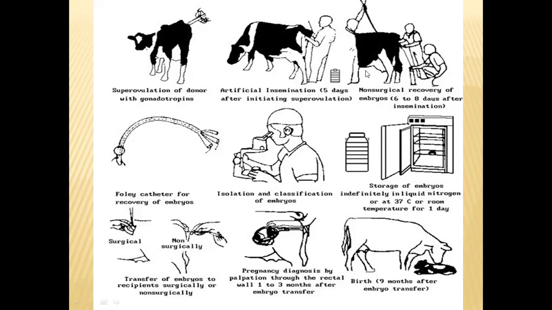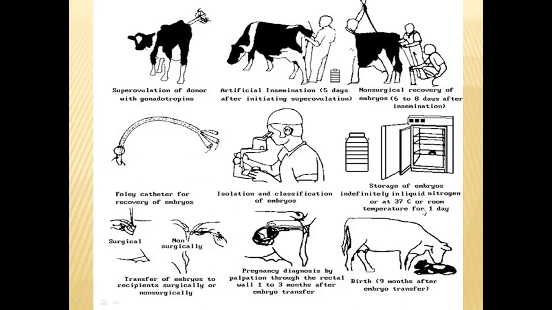fertilized embryos will be collected from this cow. To collect the embryos, a Foley catheter will be used. After collecting them, they will be examined under the microscope to see whether they are properly developing or not. Based on the microscopic observations, they are classified. These classified very good quality embryos are preserved